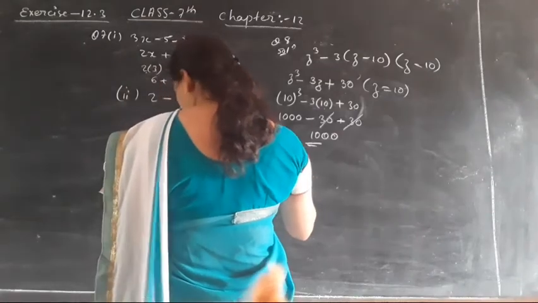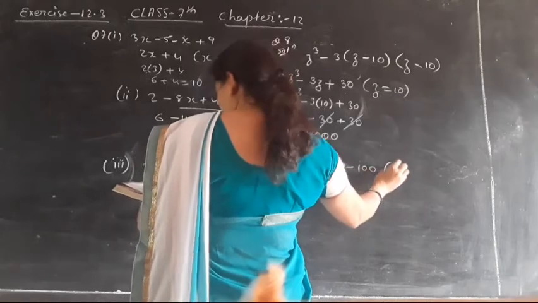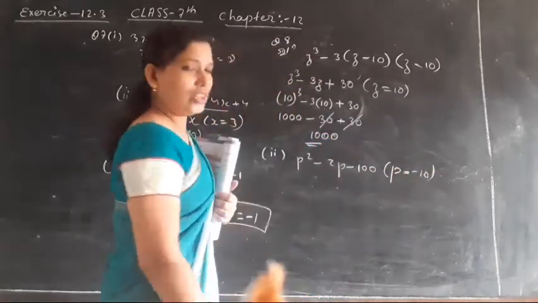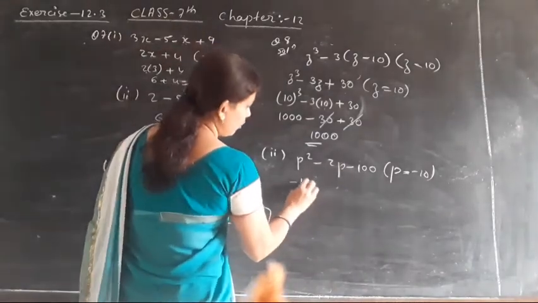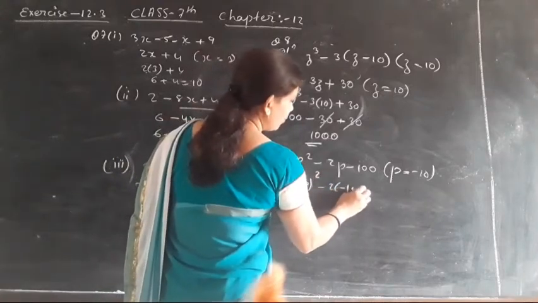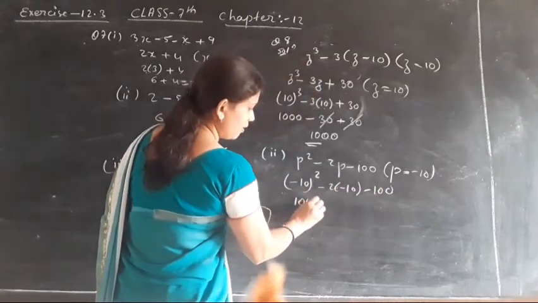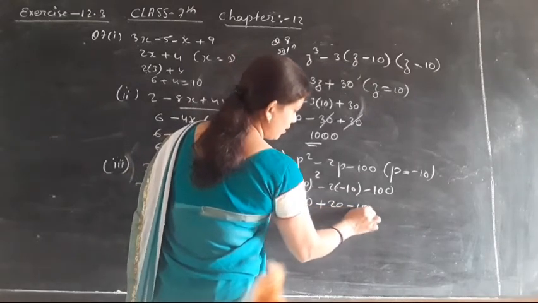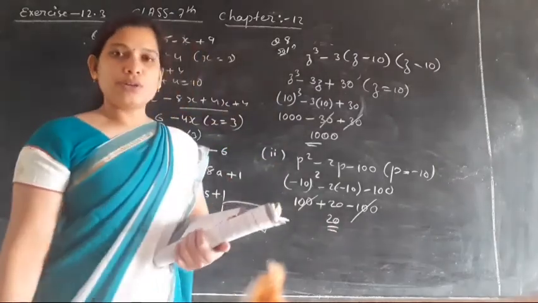What is the question we are having? Here p square minus 2p minus 100, and the value of p you have to substitute as minus 10. As you know that this is an equation, and it will not be solved further, so here we directly substitute the value of p. In place of p we are going to put minus 10. Minus 10 into minus 10 will be plus 100, into minus and minus will be plus 20, minus 100. So plus 100 minus 100 will get cancelled. The required answer will become 2020.